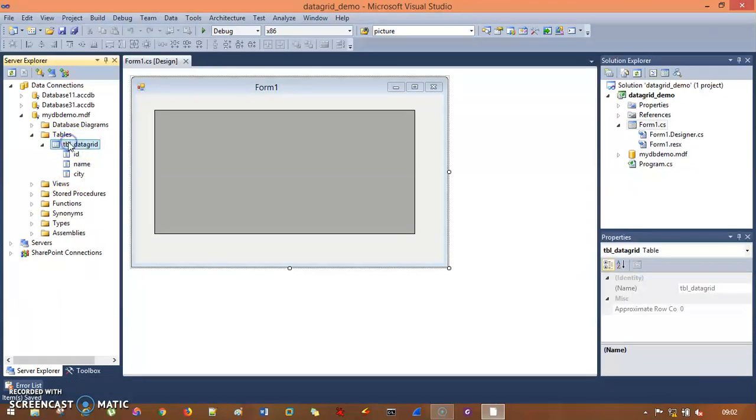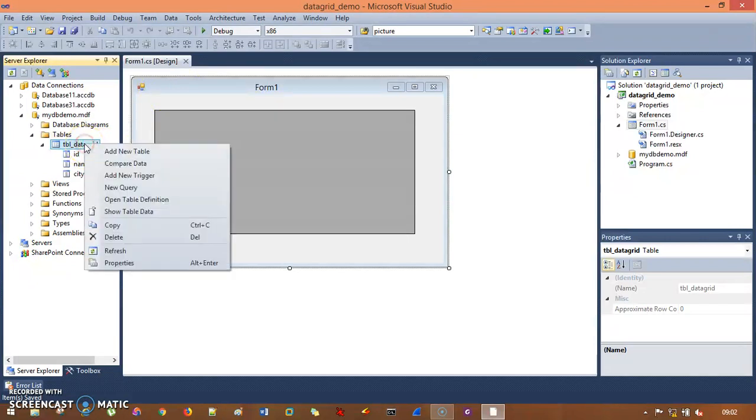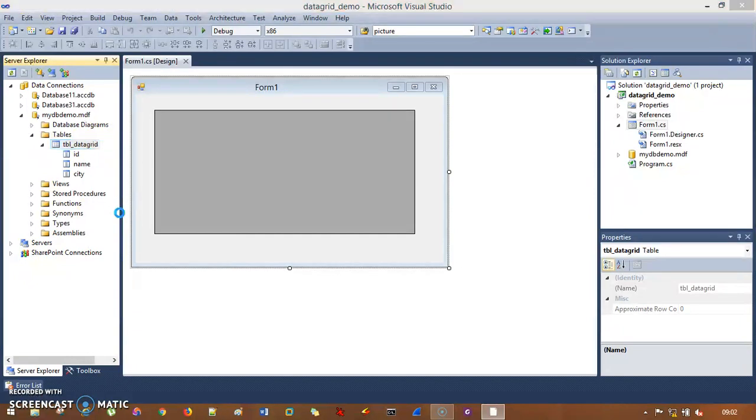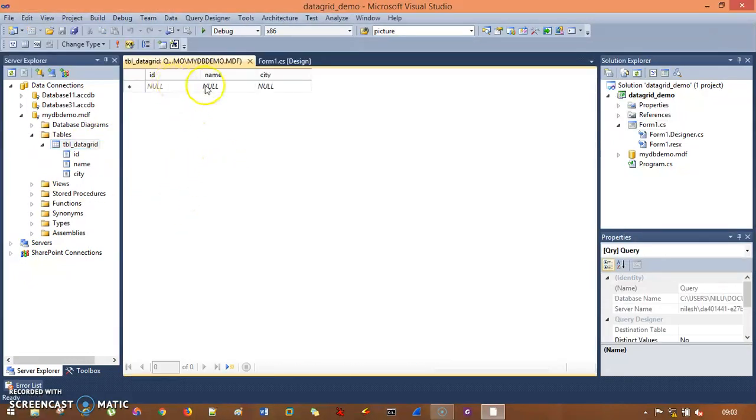Okay, so we need some data inside this data table, so that data is going to be loaded inside this data grid view, right? That's our requirement, that's how we need to do. So right click on this TBL data grid, your table, and there is one entry, that is show table data. And now inside this you can put any entries that you want to. See, ID is going to be null right now, but it is going to be incremented every time you fill in this name and city. So I give some name,